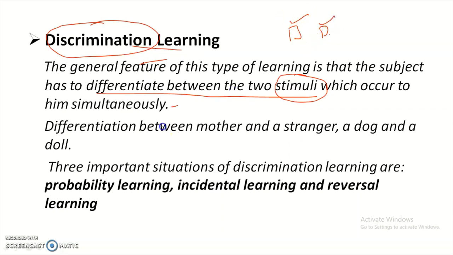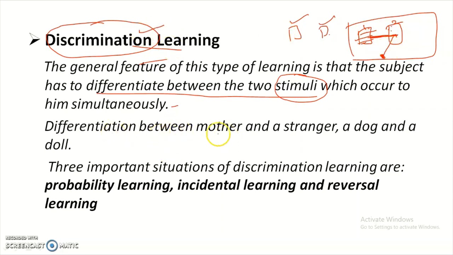For example, if there are two entrances to a room, and in this entrance some obstacles are there, and the person wants to go out of the room, here two exits are there. If this exit is blocked with some wooden gates or anything, then definitely this candidate will select the other exit. That is nothing but discrimination. If two situations happen simultaneously, he has to discriminate which one is better for him to follow further. So that is called discrimination learning.